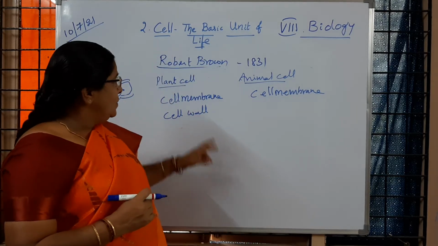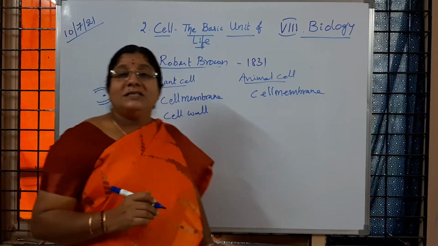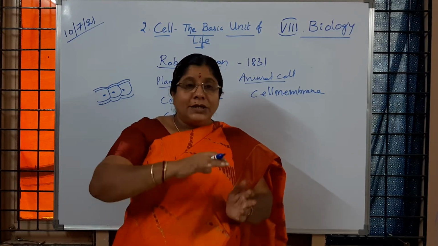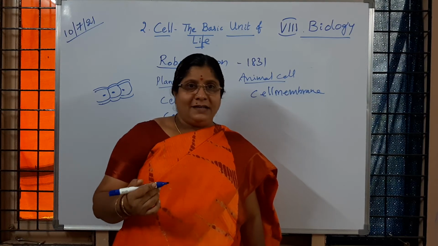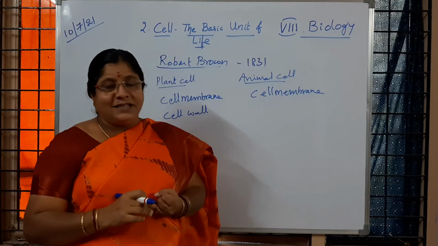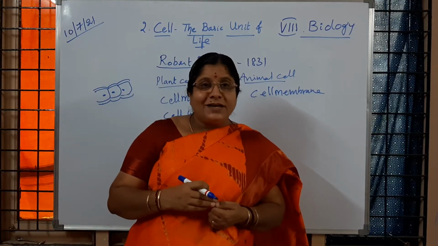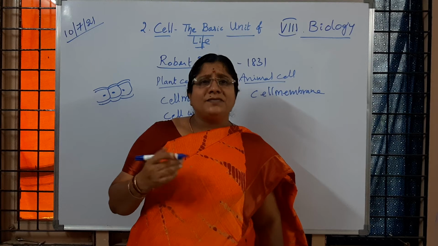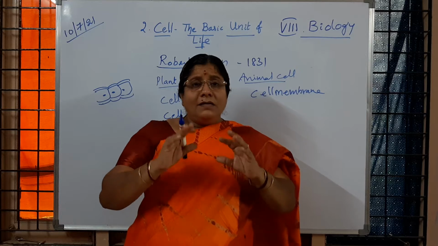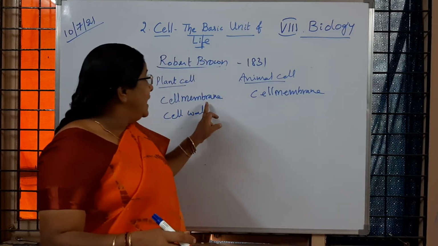The cell membrane, whichever is present in the plant cell or animal cell, gives boundaries or borders to the different cells which are present. Have you followed, children? Just now I said onion peel cells or cheek cells in human beings. But our red blood cells are also there, white blood cells, platelets, and nerve cells. So different types of cells are there. All the cells have their own structure, is it not, children? A shape is there. How they got that is because of the cell membrane.